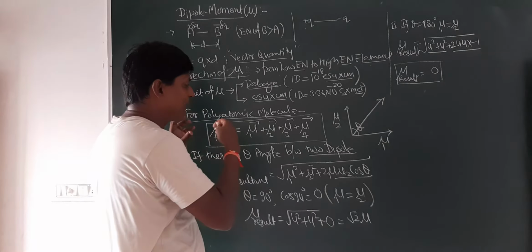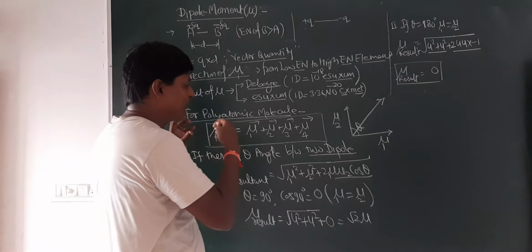So first let's see, suppose there is a comparison between CO2 and SO2. Dear students, first you have to be aware of the geometry of the molecule. If you don't know the geometry or shape of the molecule, it will be very difficult for you to decide the dipole moment. You know that CO2 has linear geometry and the SO2 molecule has bent geometry. On behalf of this,